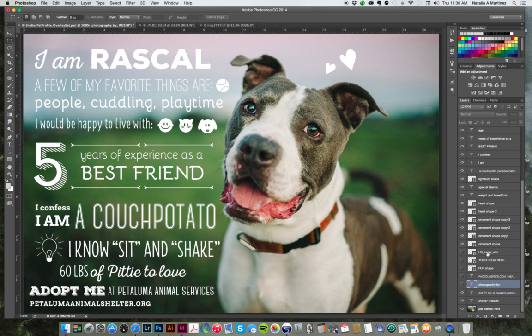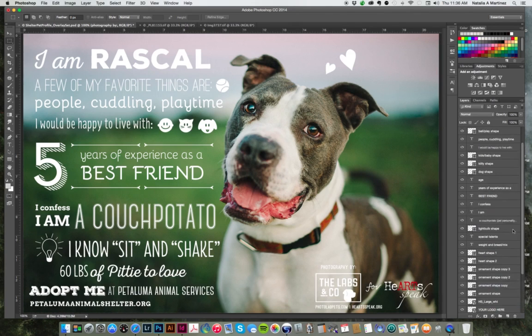So the basic element of this file is for it to be versatile, for you to be able to use it however you find easiest. There are a ton of ways to do one thing in Photoshop, so I'm just going to show you the way that I do it. So with